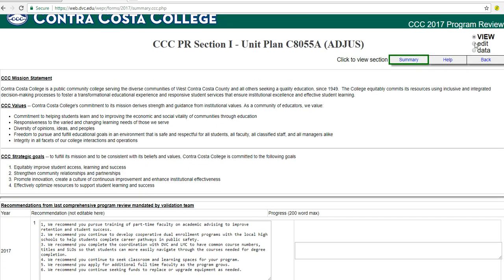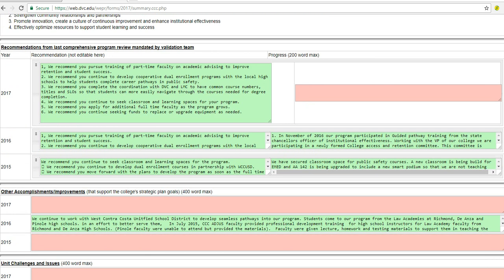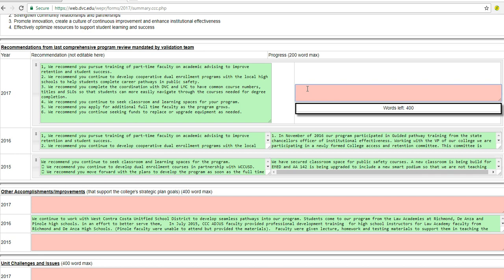Before you can do anything, you want to go ahead and click on the word edit. Notice that down here now, the areas have turned pink. So that means that you can write in these areas that have turned pink. So, for instance, you'll go ahead and click on it. You're going to click on one, and then you're going to comment on how you've pursued training your part-time faculty. So, training